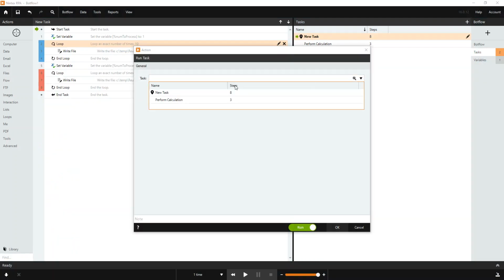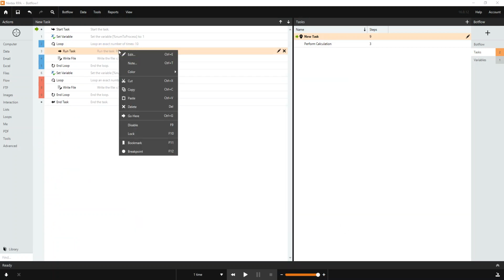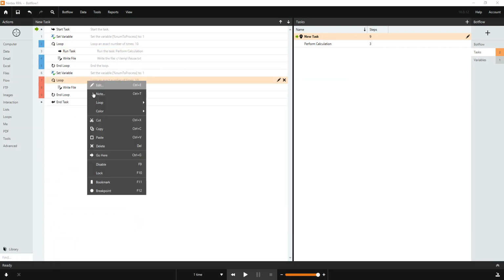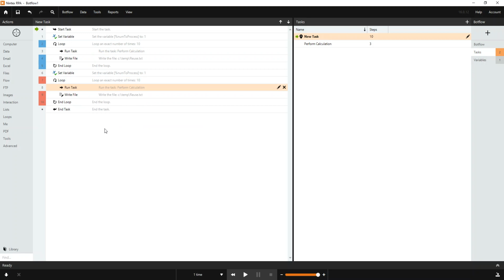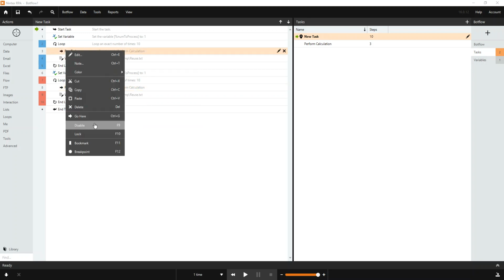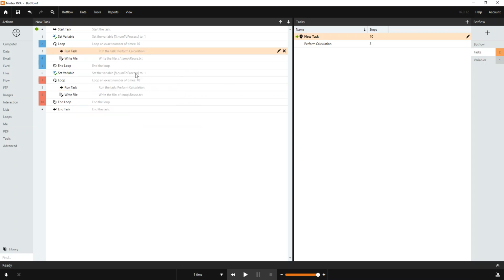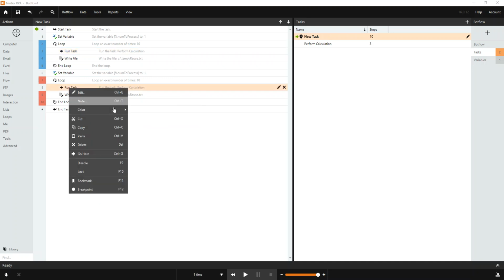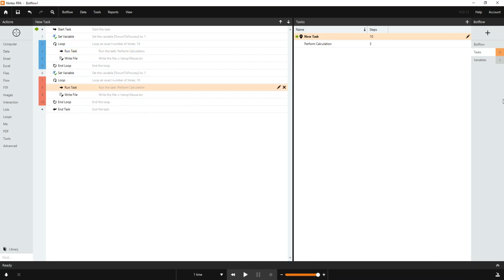And I can do the drop down and say perform calculation. Right, I'll just copy that, paste it here. Alright, let's actually change the color again, just so it's in line with what this looks like. Alright, now